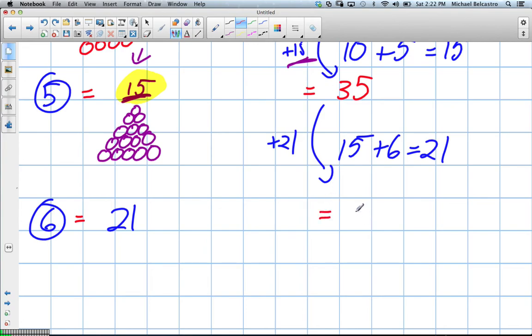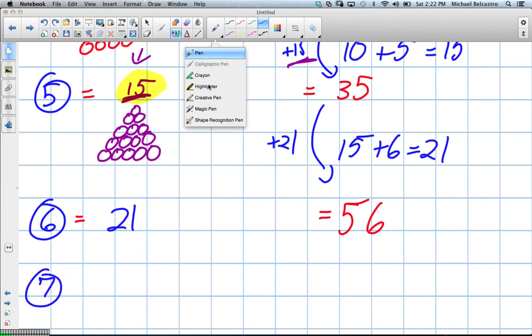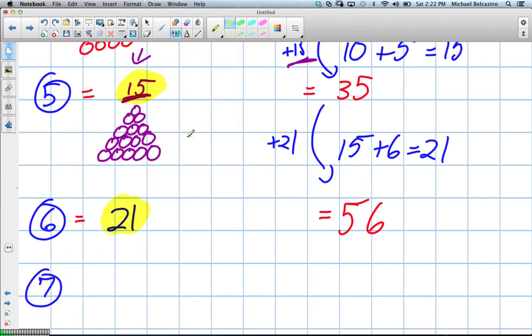So what's our new term number? 6. It's not 46, though. 56. 56. That's right. Okay. So that's how many cans are in the bottom row. So next term. 7th term number. How many cans were in the last bottom row? 21. 21. What's the new term number? 7. Yep. So how many cans are going to be in the next bottom row? 28. 28, which means we're going to increase by